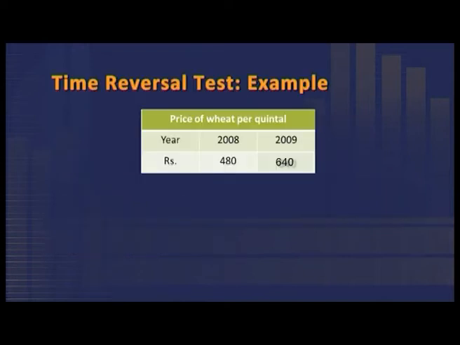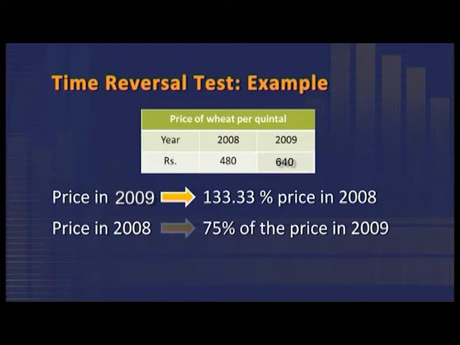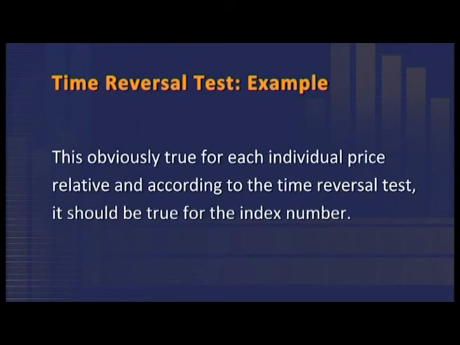For example, let us say that the price of wheat from 2008 to 2009 has increased. The price in 2009 should be 133% of the price in 2008 and the price in 2008 should be 75% of the price in 2009. One figure is a reciprocal of the other. Their product 1.33 into 0.75 is unity. This is obviously true for each individual price relative, and according to the time reversal test, it should be true